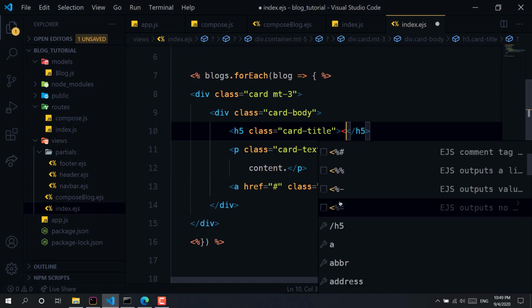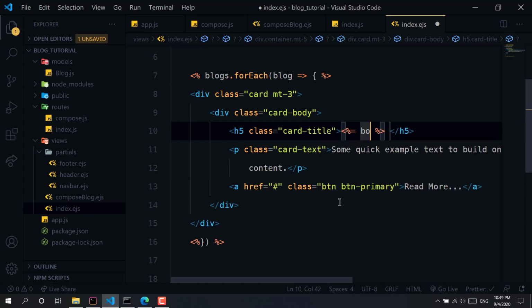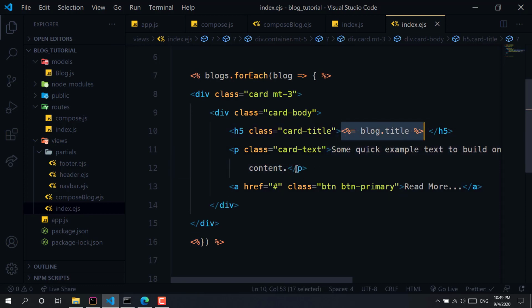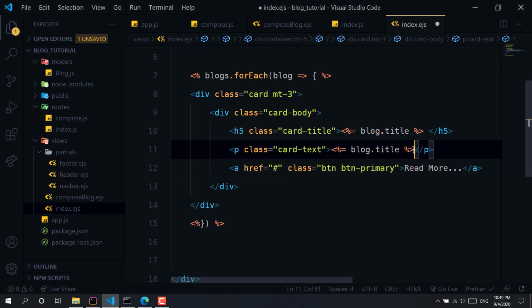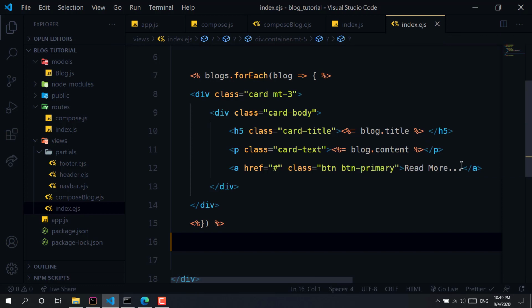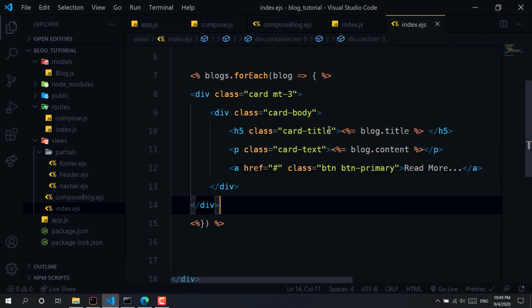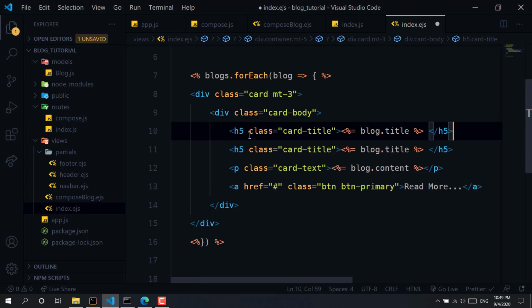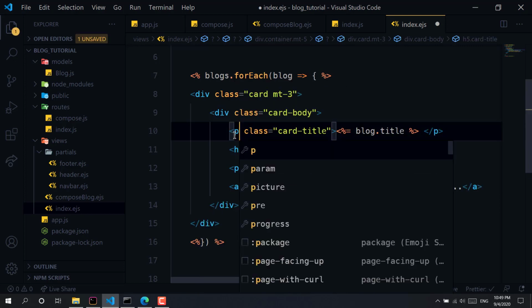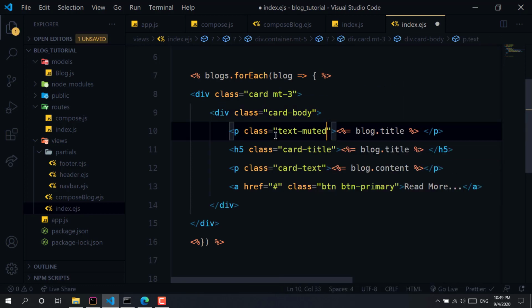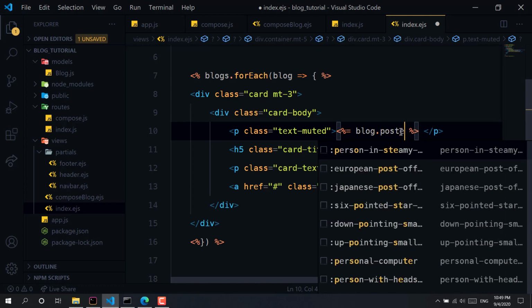So let's use here blog.title. We will copy it and paste it right here, and we will have blog.content, and we will have read more, and we will also have posted at. So we need it to be a p, and we will give it text-muted, and we will write posted at.